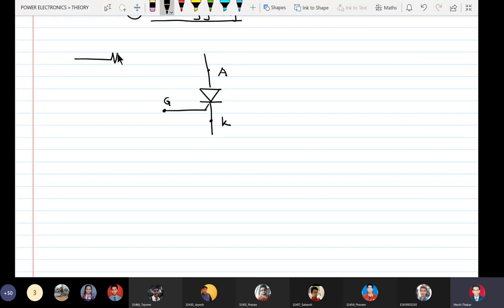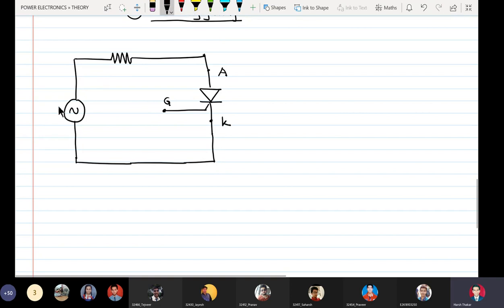The load resistor is always connected between the source and the load, or in series with it. So now instead of applying DC input E in, we have an AC input E in. Okay, so this is my power circuit. So this is my single phase AC 230 volts RMS 50 hertz source. This is my load resistor, and naturally this is my anode current, or the device current IA.